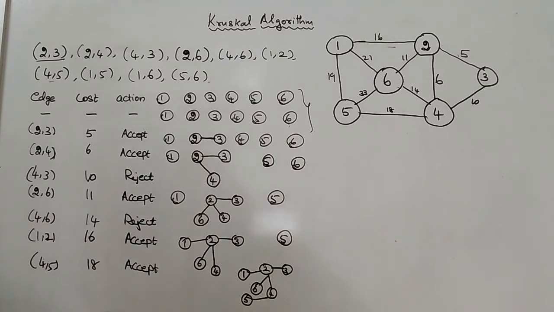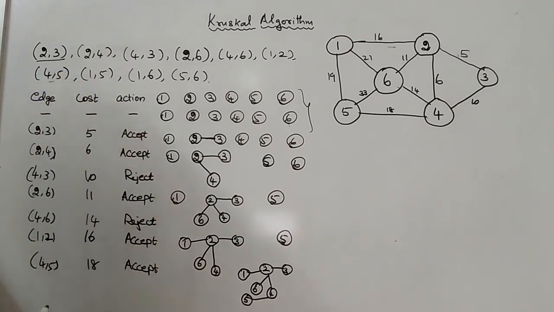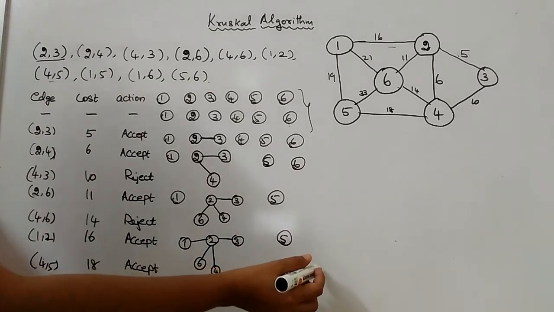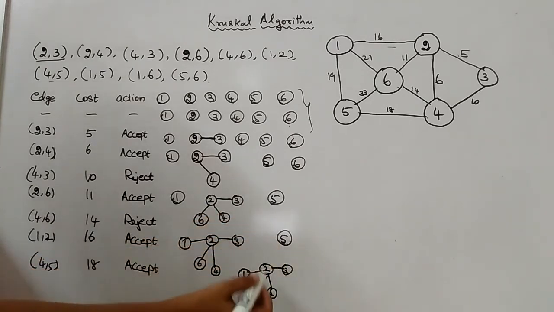So next, after doing these things, I can take the next edge, 1 comma 5, but 1 is already covered and 5 is also already covered. And in this step, you can notice one thing: no other vertex is left out, because all the vertices are covered here. So what's the conclusion here is,